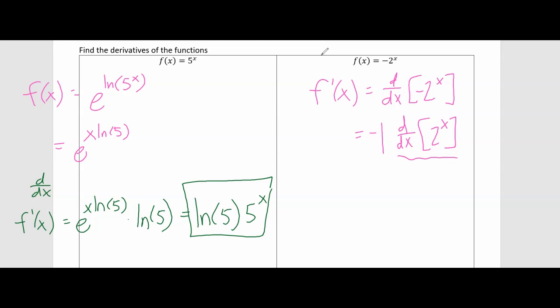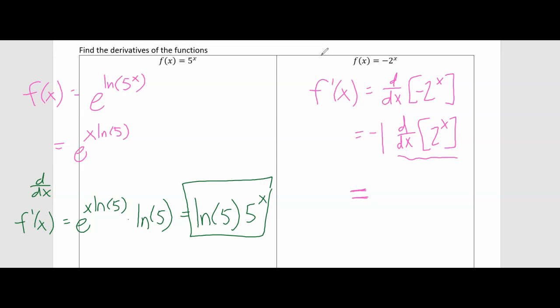If you leave the negative sign in there, you might run into some issues because you might end up with the negative sign inside of your natural log. We know the input to a logarithmic function has to be positive, so it can't be negative or 0. So you may run into some problems there. Even if you don't make that mistake and you keep it outside, it still just becomes more tricky to work with. So factor it out first, using the properties of derivatives that we know of,